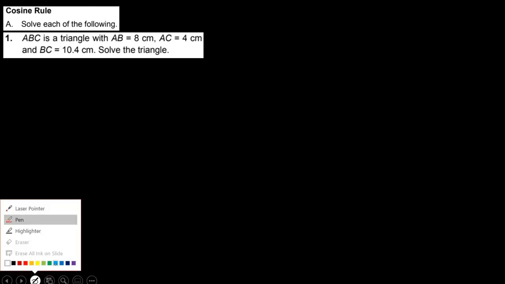Okay. For the next question, we are required to apply cosine rule. Let's start from question number 1. ABC. Okay, let's sketch the triangle. And this triangle is A, B, C. It's a triangle with AB 8 cm,